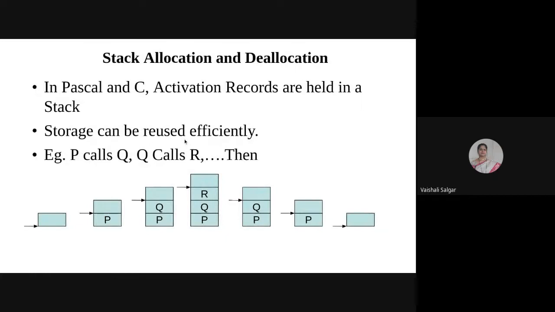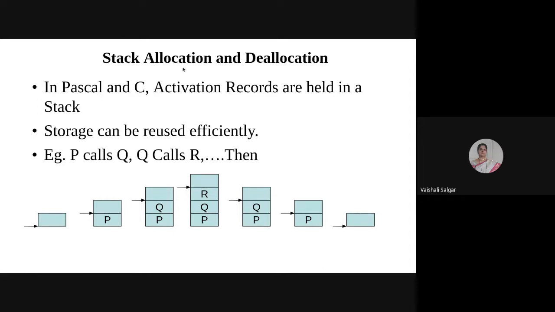Okay. We will see one example over here: stack allocation and deallocation. In Pascal and C programming, activation records are held in a stack, so the storage can be reused efficiently.